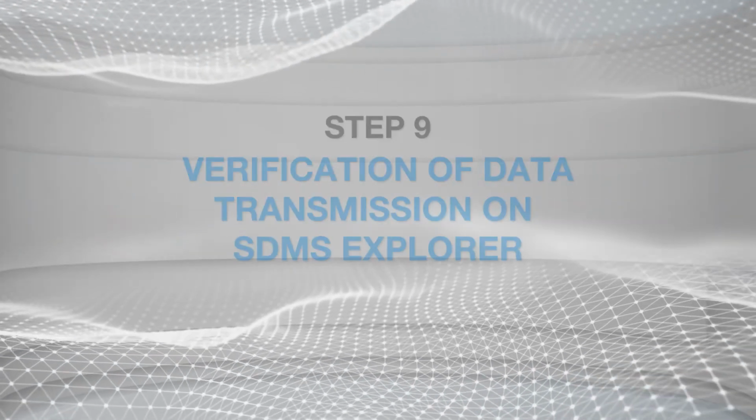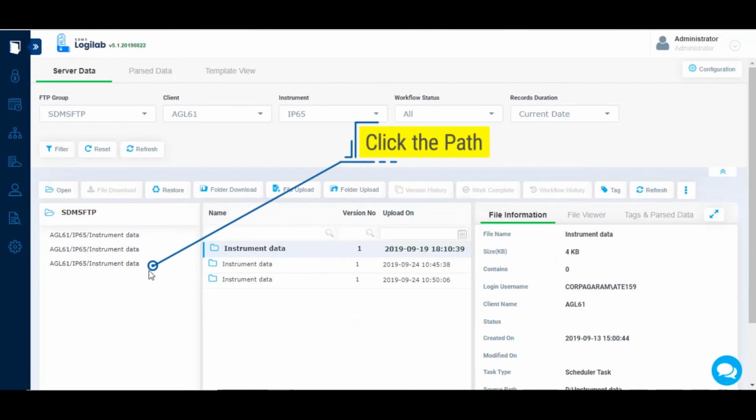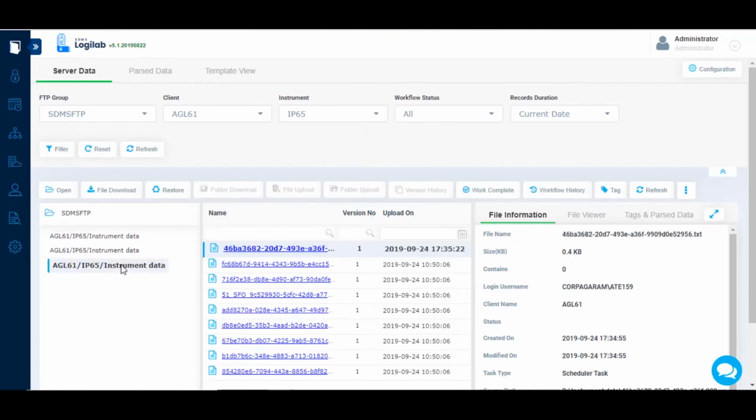open the SDMS application Data Explorer screen. Go to the respective instrument scheduler path and check the file. Click on the file. The file information should be displayed in the File Information tab, and the file viewer should display the data in text file